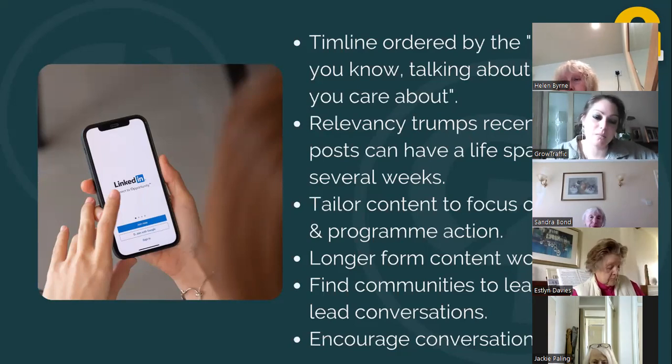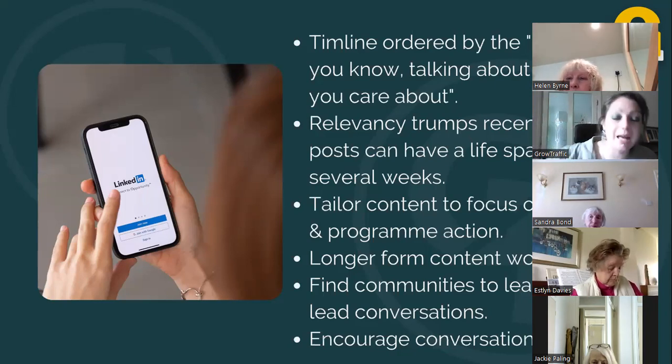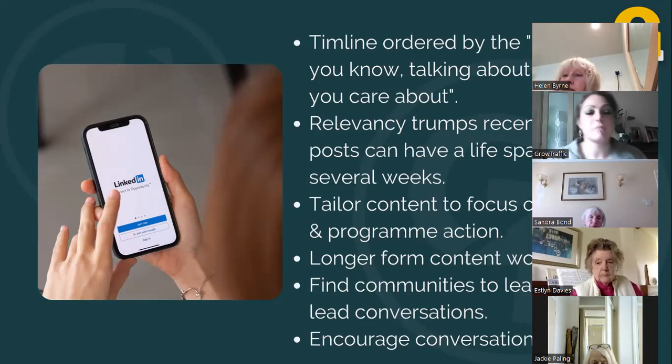But absolutely, this is where a campaign on Twitter might potentially be a series of smaller tweets. So you might pick out, say, 5 statistics about FGM and tweet them over 5 days. LinkedIn might be where you pull all that together and you're almost doing a mini blog post. So you're going to do a slightly longer text post where you say, this month we're talking about FGM because here are 5 statistics that we've learned.